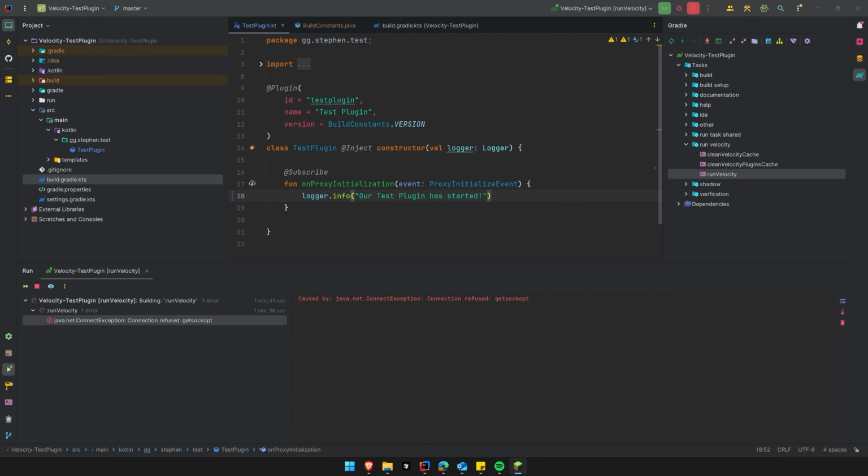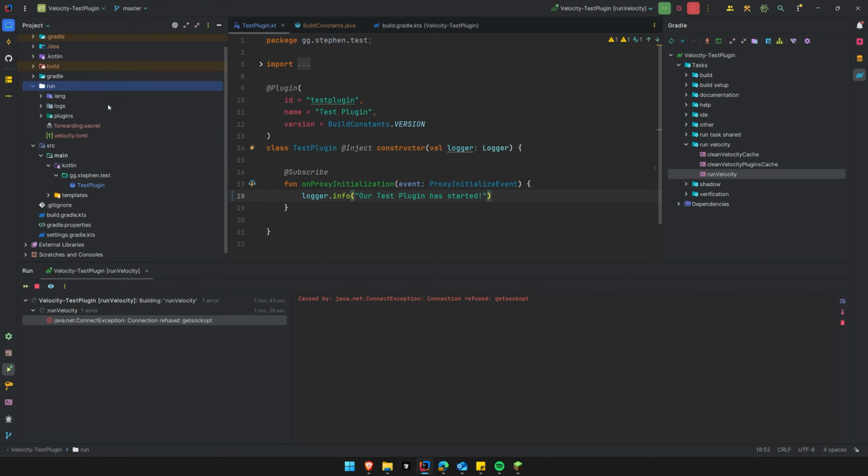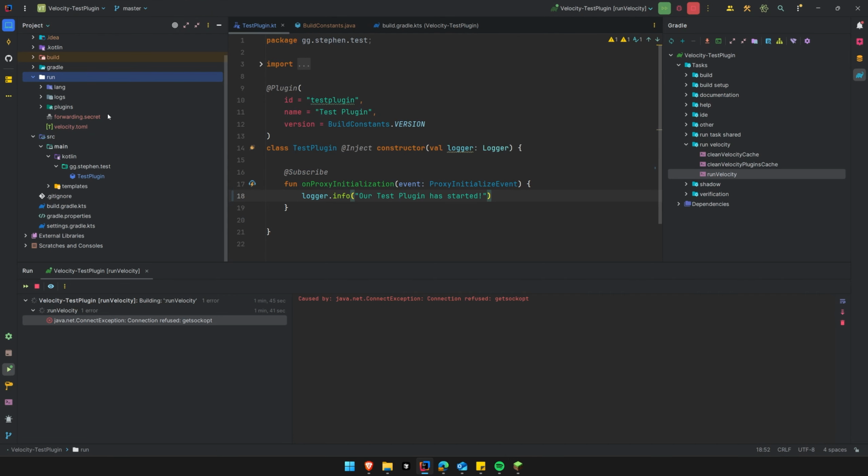And you'll also see that a run folder has just appeared. So if we take a look at this, we can see the structure of a Velocity server. Now we do have a separate video on creating a Velocity server outside of your IDE because of course this is only for development purposes, but you will actually need to know how to create a Velocity server without this beautiful run Velocity feature that we've got. But the server is going to have the exact same structure. So we have